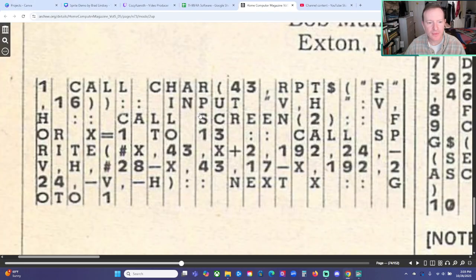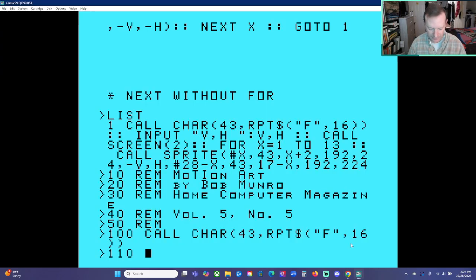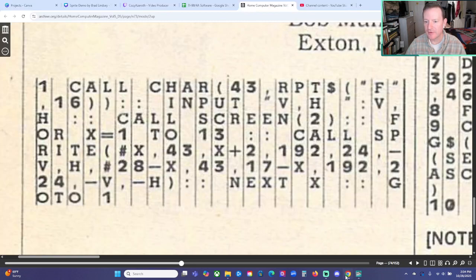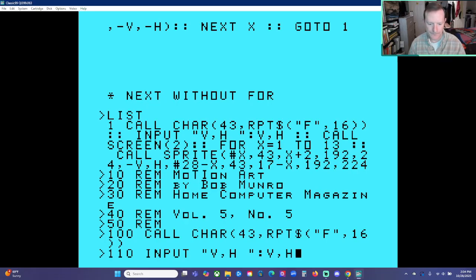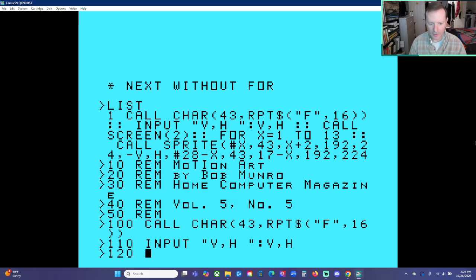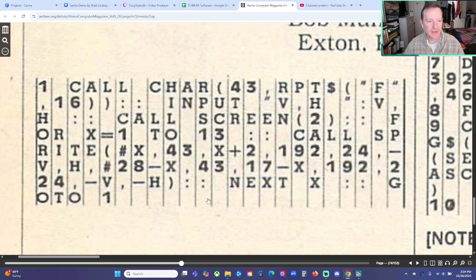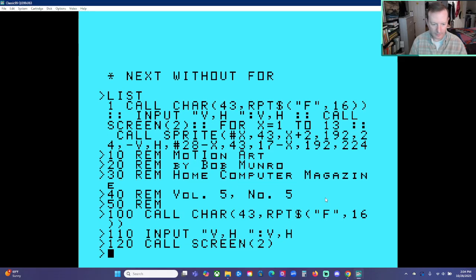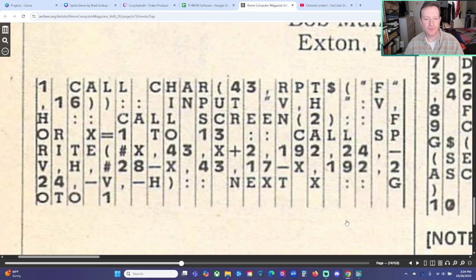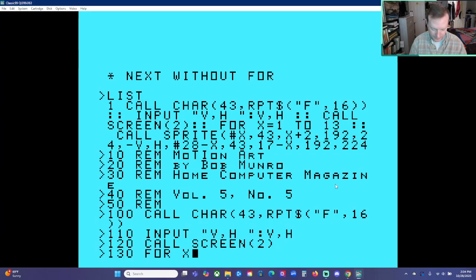110, input V, comma, h, space, quote, colon, V, comma, h. 120, call screen 2, 130, for x equals 1 to 13,